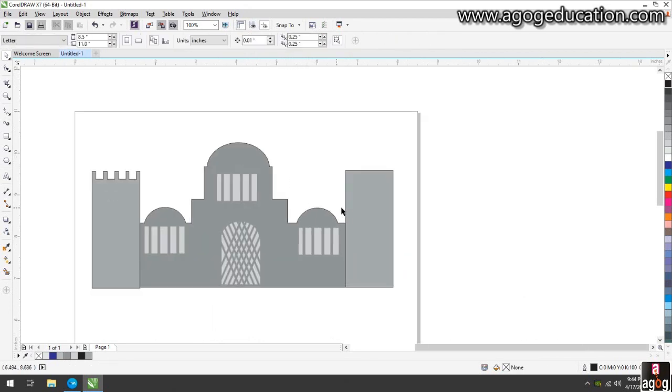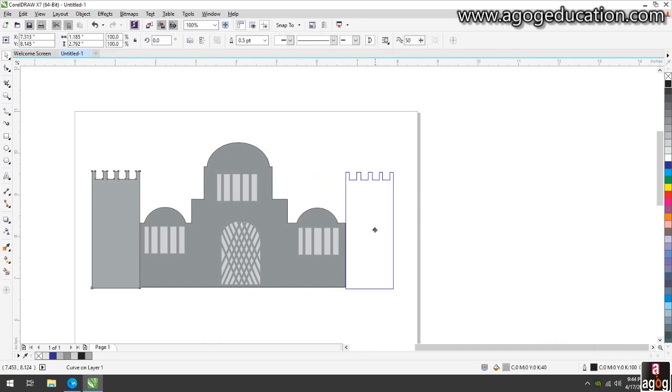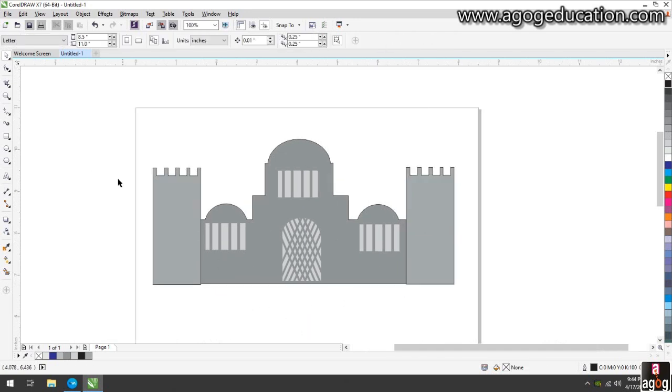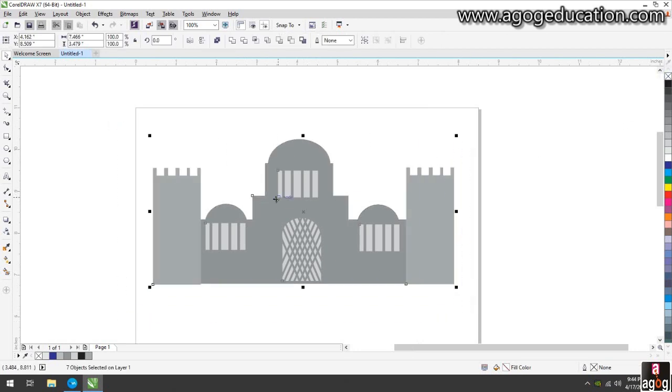You can see, this way you can manipulate any graphic and shape by mixing or cutting more than two objects.